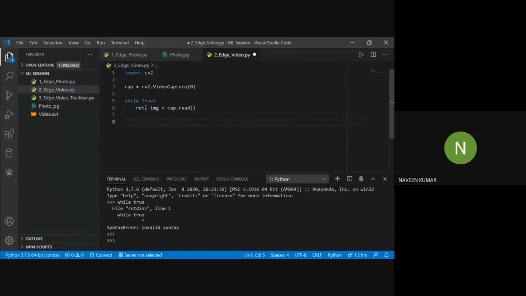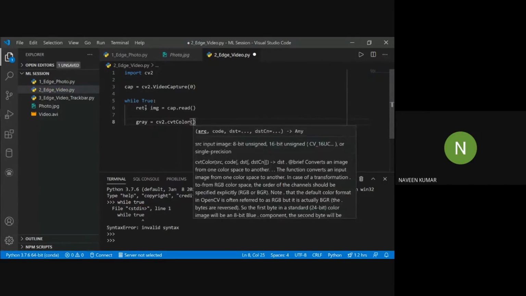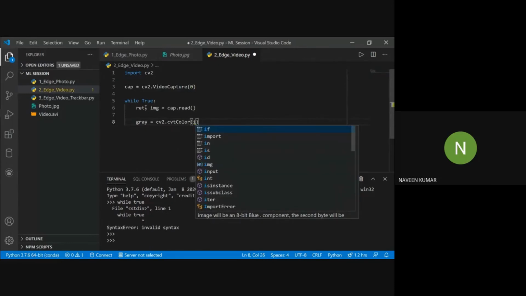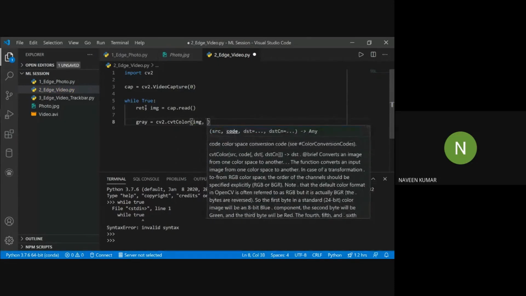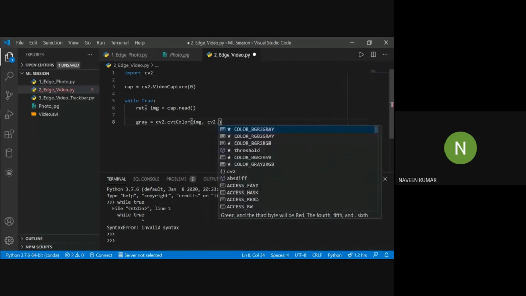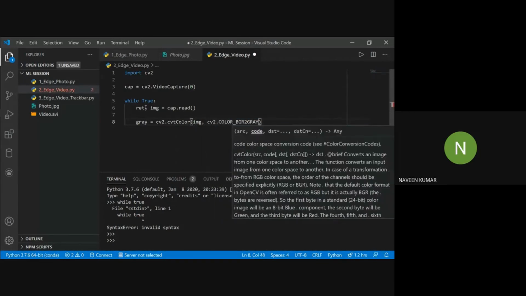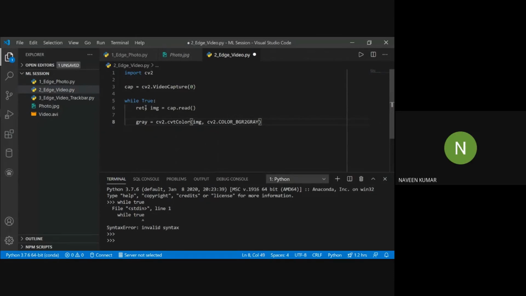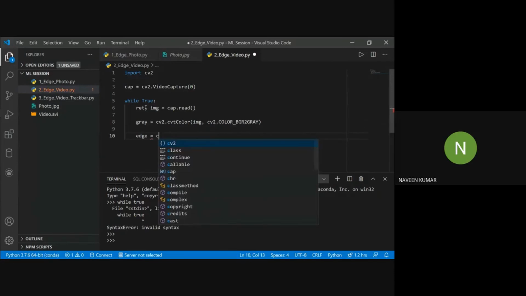Now after we get a colorful image from the camera, we'll convert this image to grayscale using cv2.cvtColor, and the first parameter is our input image. So our input image is img, and the color code we want is to convert from color BGR to gray. Then we will pass it to the Canny function.